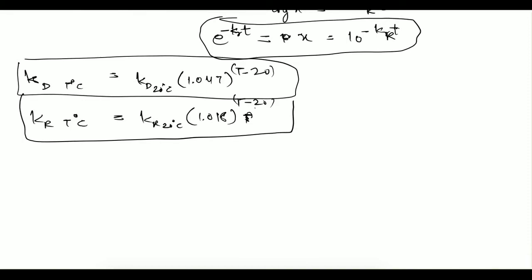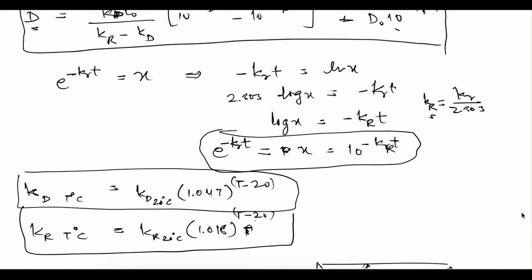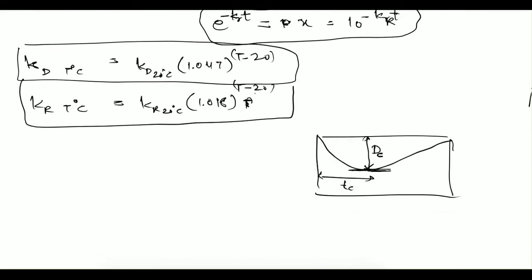Now here the equation of this deficit is something like this. We are interested in finding out the point of maximum deficit. So let's say the time to this maximum deficit is tc and we call it the critical point, and the maximum deficit is Dc. If you differentiate this equation of D, at the critical point dD by dt should be equal to 0.